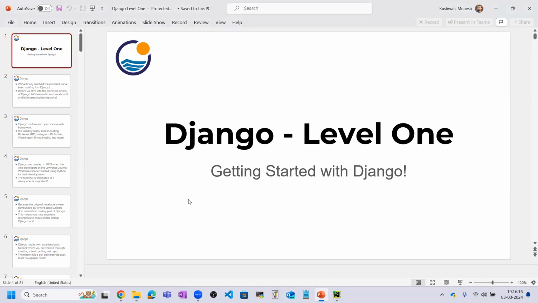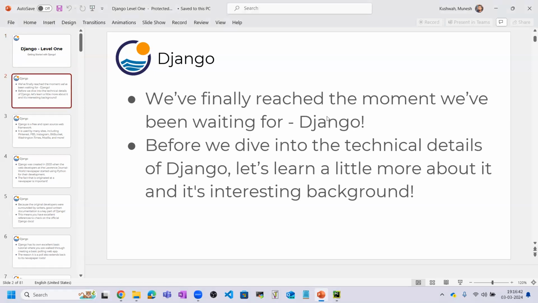We have completed the Python and HTML, CSS, and JavaScript along with Bootstrap. Now, this is the time to learn Django frameworks. Basically, this course is mainly for the Django framework, and for that only we have learned those technologies: HTML, JavaScript, CSS. So now this is the time to learn Django. So we finally reached here, and when we dive into the technical